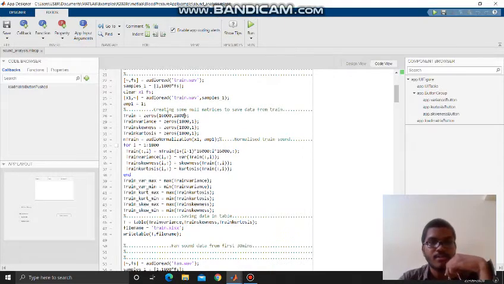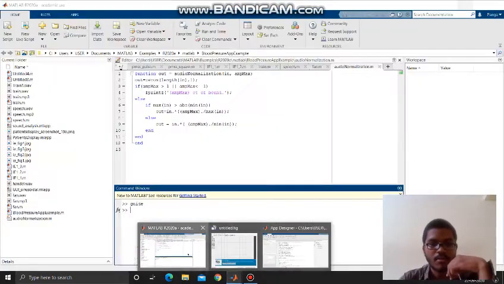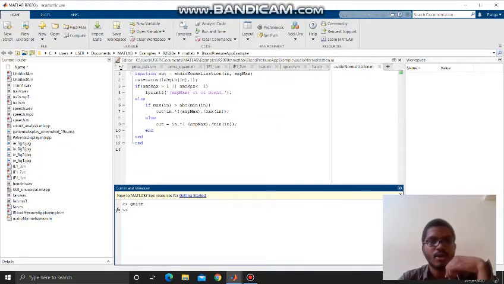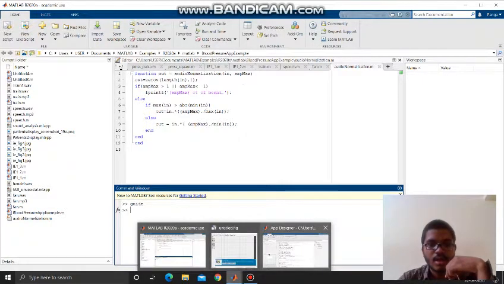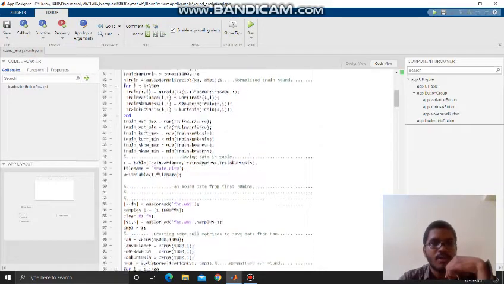Then we will create some null matrices to save data from the train signal, and we will create an audio normalization function. We have to write a separate code for audio normalization. In MATLAB, this is the code for the audio normalization function, and I took the maximum amplitude to be 1 and